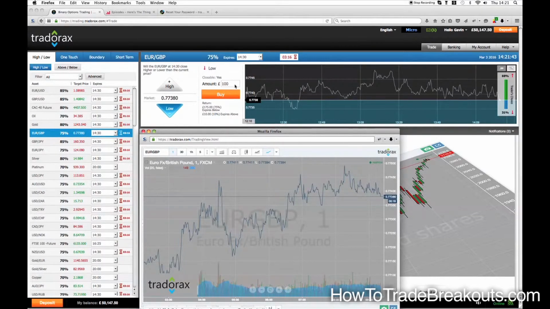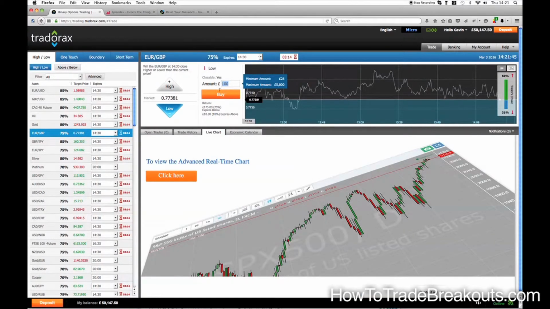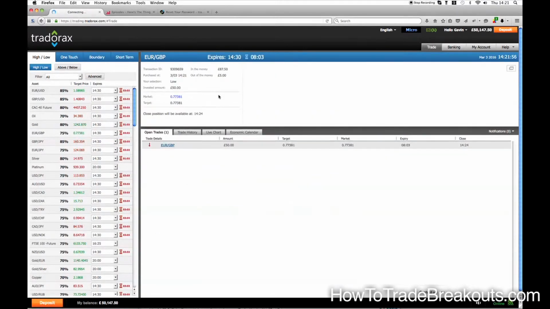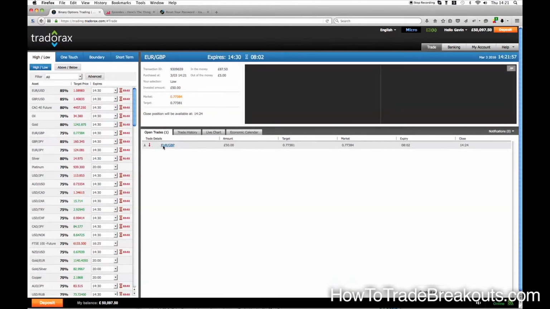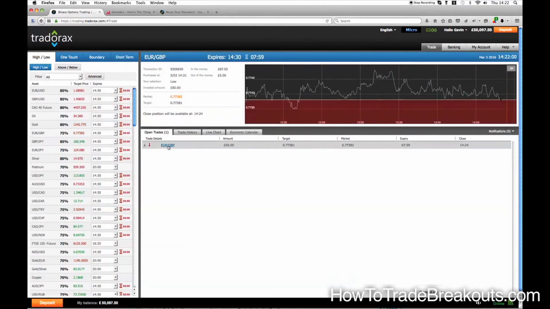So I've put in £100 here. I'm probably going to halve that because we're quite far away. Click on low because we think it's going to go low, and we actually buy that option now. And there we can see it's gone through. It's in the tab open trades, euro pound, amount £50, and we want it to be below our opening price, which is